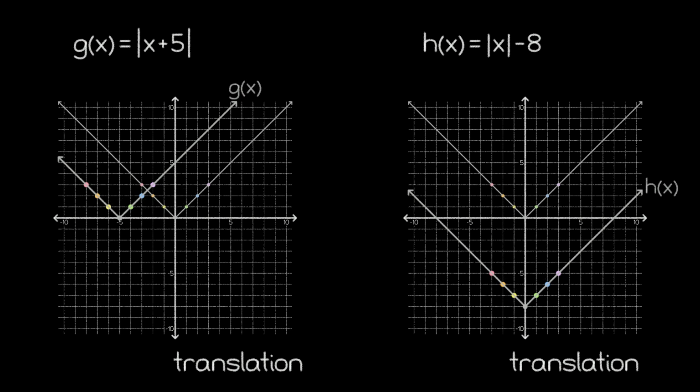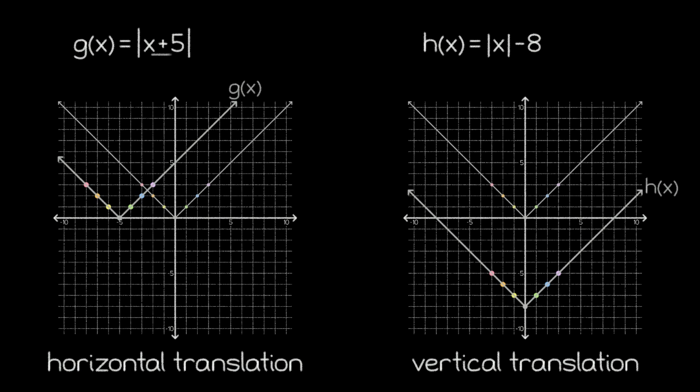Movement to the left or to the right is called horizontal movement, so the first graph was an example of a horizontal translation. In a similar vein, movement up or down is called vertical movement, so the second graph was an example of a vertical translation. Then, we should ask ourselves, why was one of these a horizontal translation while the other was a vertical translation? Well, the answer may already be apparent to some of you, but it has to do with the location of the numbers in the function.